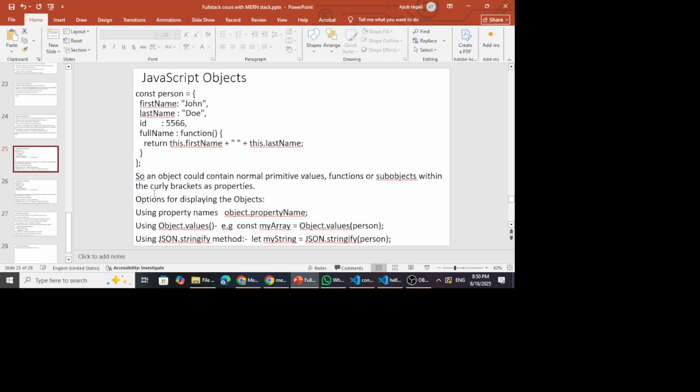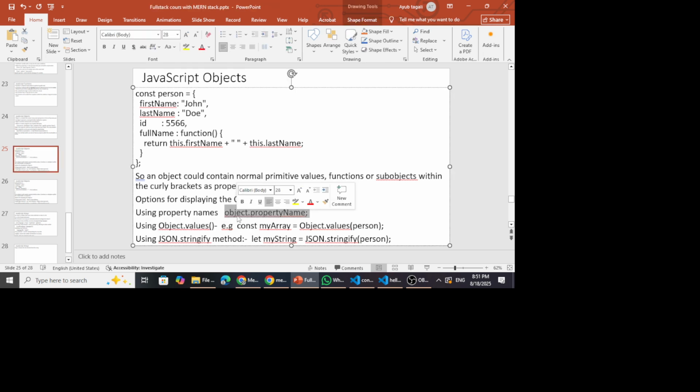And that's why we're saying here, you can display the object by using the property name, for example the object name dot property name, or you can use Object.values. This will print all the values of that object, or you can use JSON.stringify. So all this will give you the object. Let us use the third one. We have already used this. So if you use Object.values,